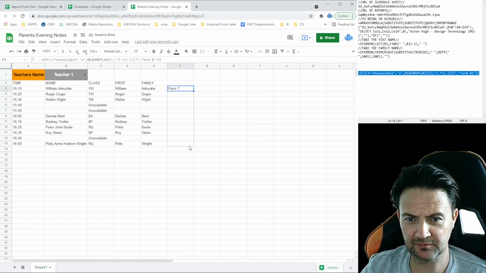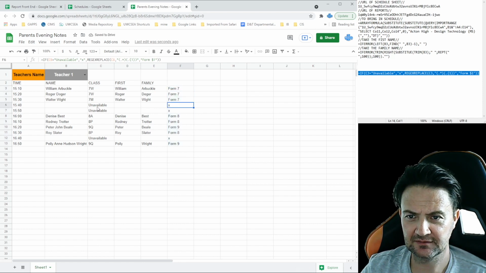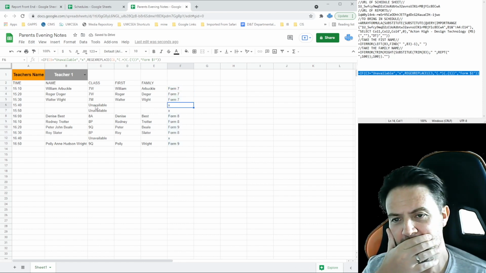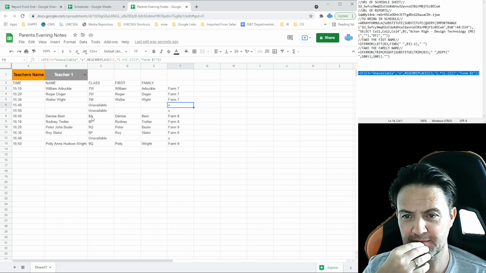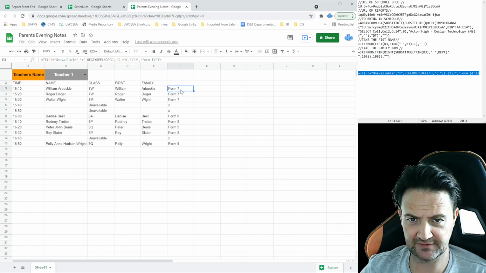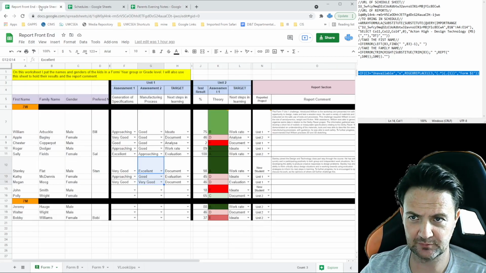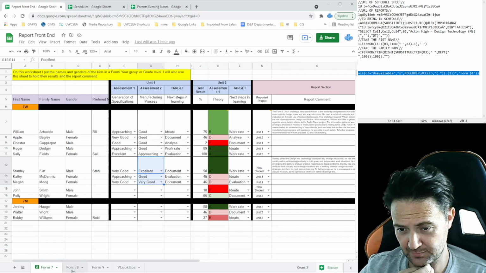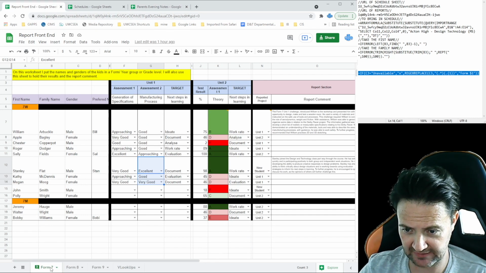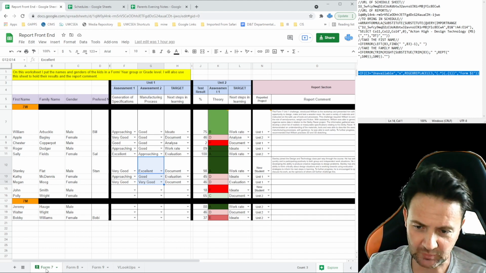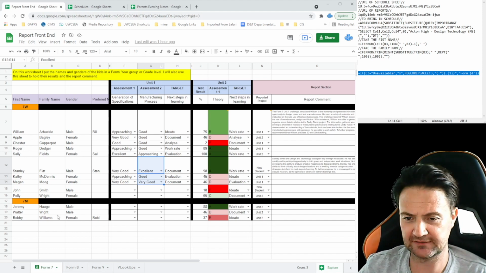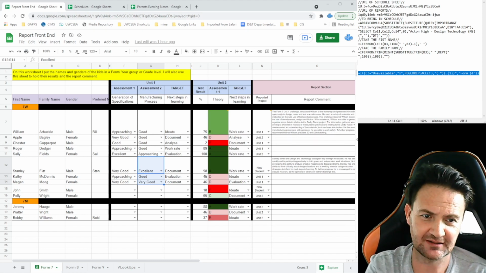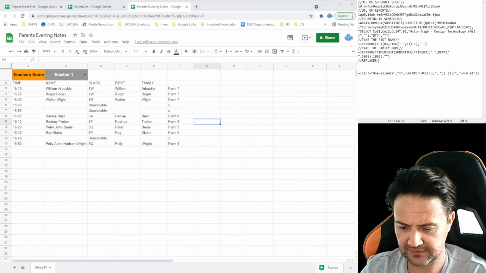Okay, and I can just drop that all the way down. So I've got the X where that's where the unavailable was. I've got form 8 where 8A was, form 9 where 9Q was. And the reason we wanted it to look like that and not like that is because we're going to do a VLOOKUP in this workbook. And of course, we need to point directly to these sheets here, which are called form 7, form 8, form 9. And I didn't want to change these because, of course, then it would change everything I've done so far. Replaces the class name with the form